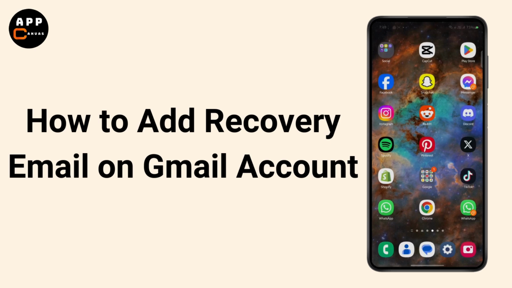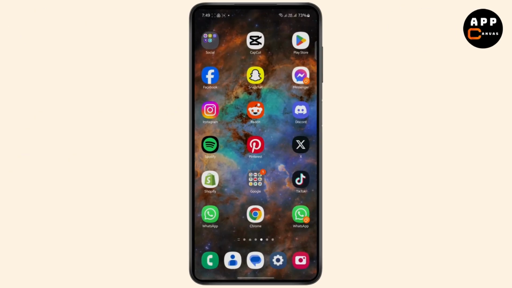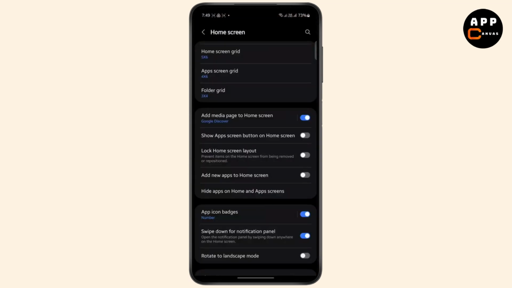How to add a recovery email on your Gmail account. In this tutorial, we're going to see how you can easily add a recovery email, which allows you to log into your Gmail account even if you don't have your password or you don't have the access. So let's get started. First thing that you want to do is head over to your phone settings, and if